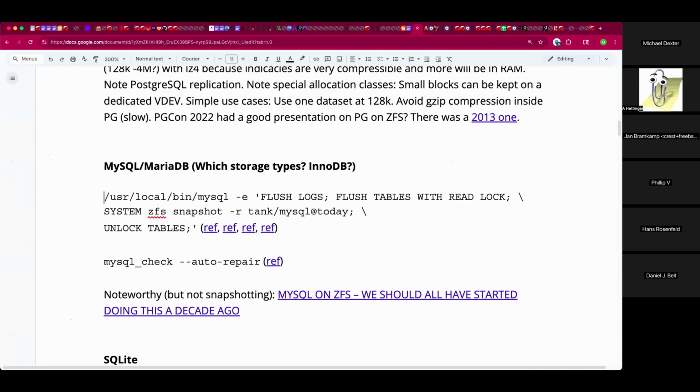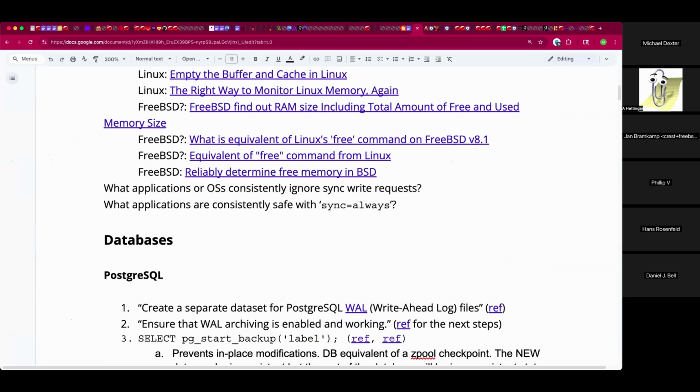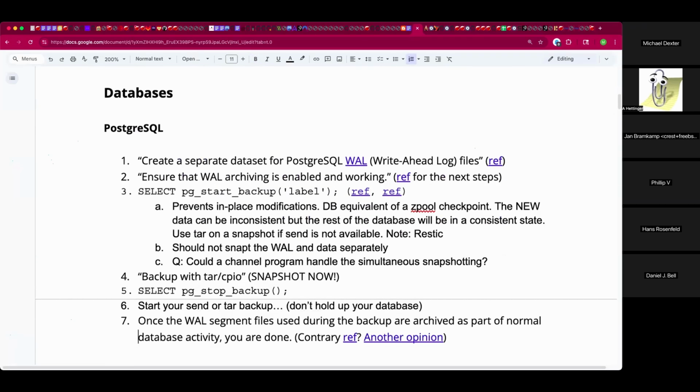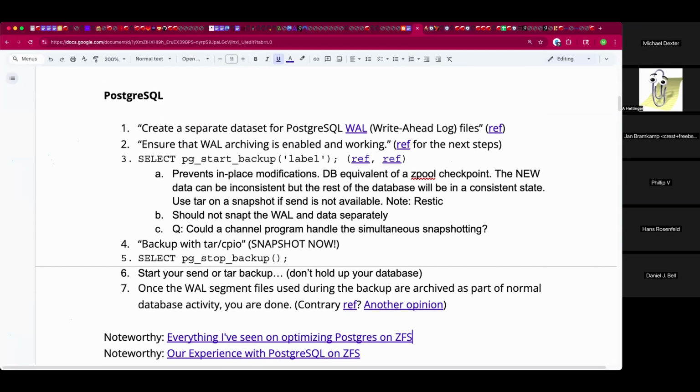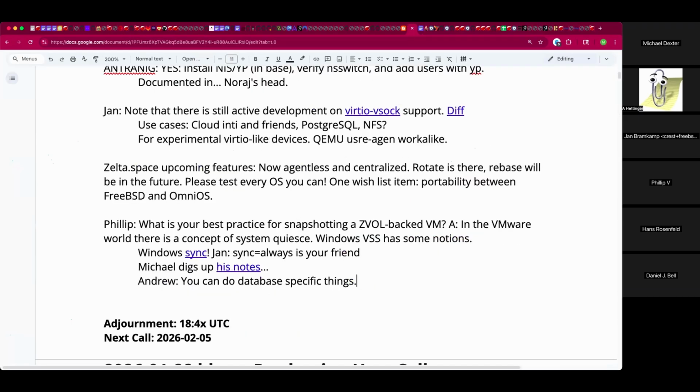And one key thing is the references. These were what you did probably 5 years ago, and there might very much be some newer wonderful things from our upstream databases. Broadly for, say, Postgres on ZFS, it's like, oh, you want your write-ahead log on its own dataset, and you do this, that, and that. And I've seen that through, say, eventually resolve databases. Is that what you've seen? Or do you have different databases you can add to the mix? Anyway, give it a read. Hope you find it interesting.